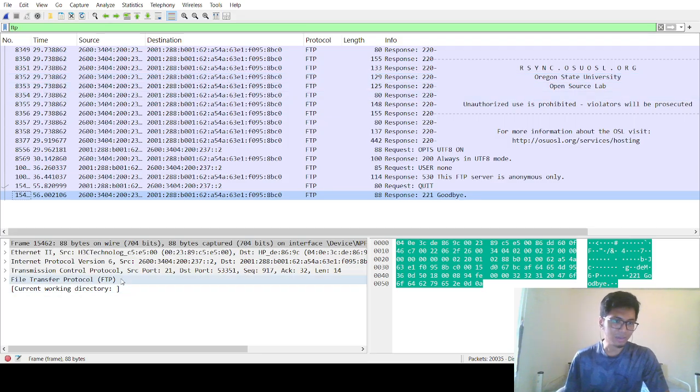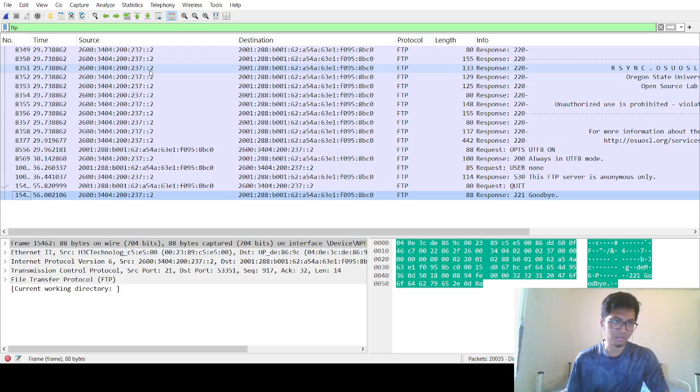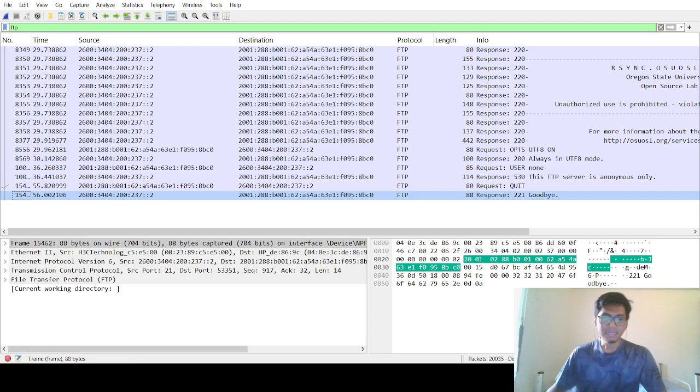Then again, you can see the source port is port 21 and the destination port is 53351. Then you can also see the source IP address and destination IP address are using IPv6. Then also we can see